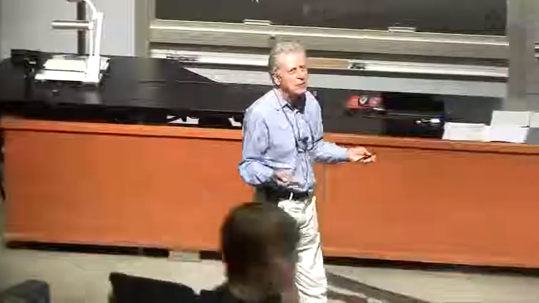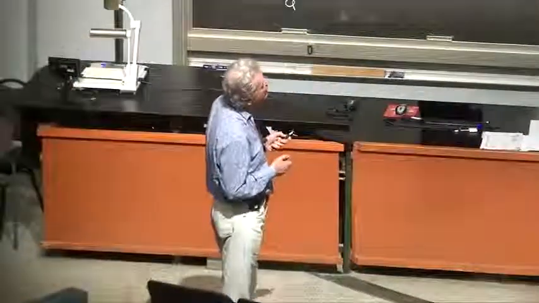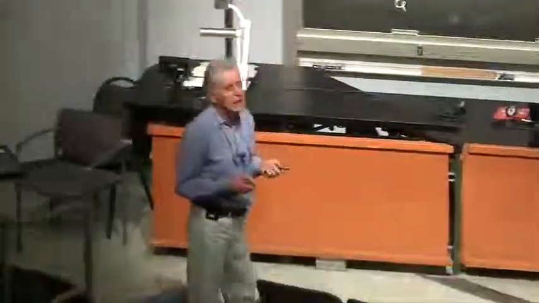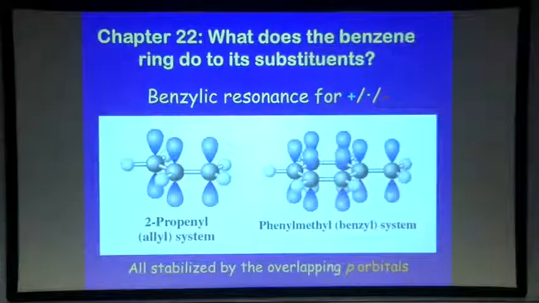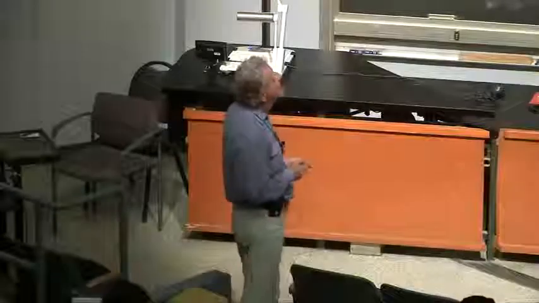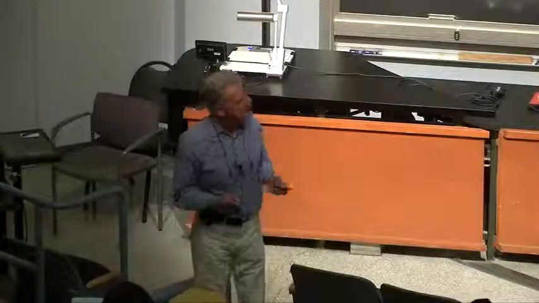And there are some slight differences between having a double bond in an allylic system versus a benzene ring. But in terms of reactivity changes, they are essentially the same, or even quantitatively very, very close. Some slight differences, which we won't be concerned about. And so here we have the allylic system, and remember, it's the double bond next to a p orbital. And here we have the benzylic system, which is a benzene ring next to this orbital. And they're all stabilized. Okay? And so the consequences are the same as those discussed for the allylic system. For starters,